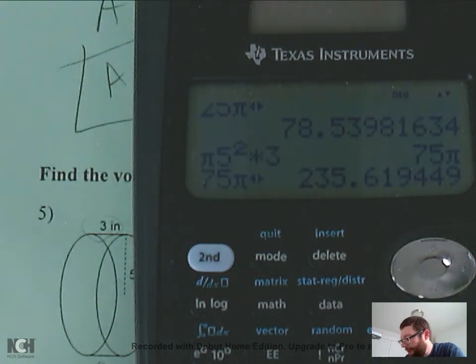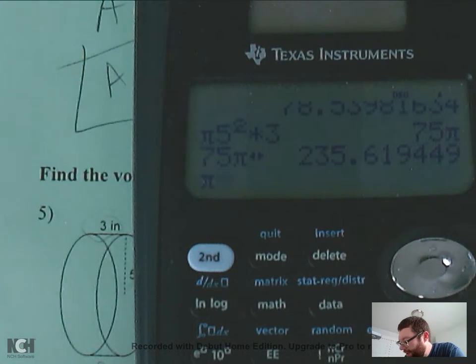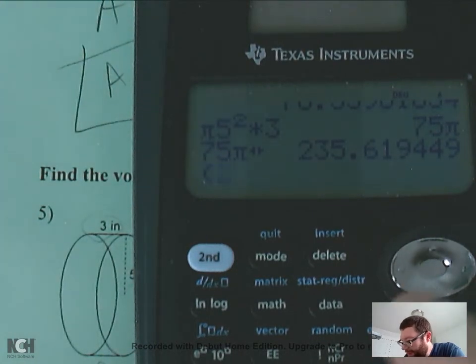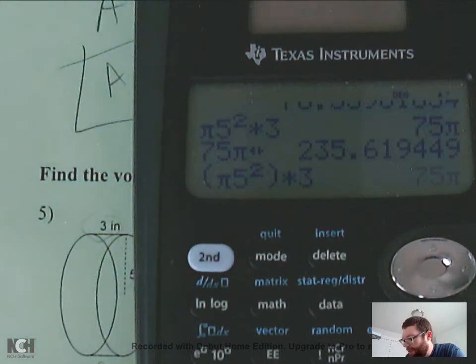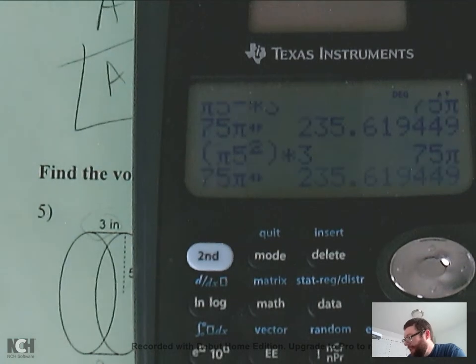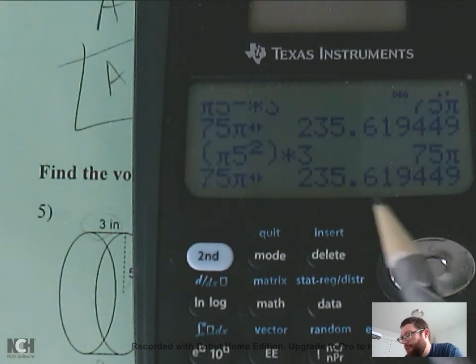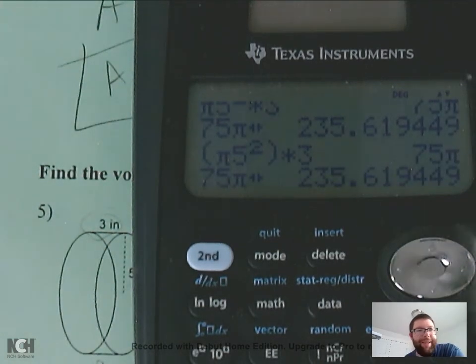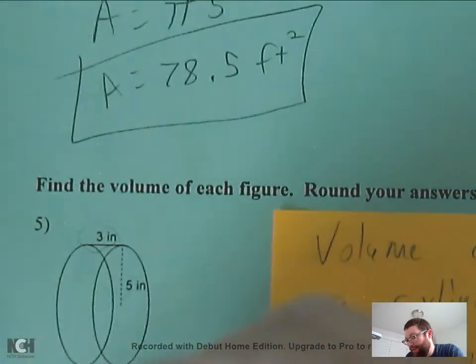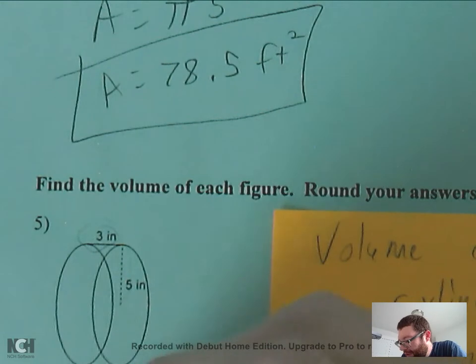Now, I'm going to try it in parentheses. Parentheses, pi 5 squared, and then parentheses times 3. And I get the same answer. Okay, so it doesn't matter. You don't need to worry about parentheses. Okay, so 235.61. 1 is less than 5, so it's just going to stay 6. So 235.6. So volume is equal to